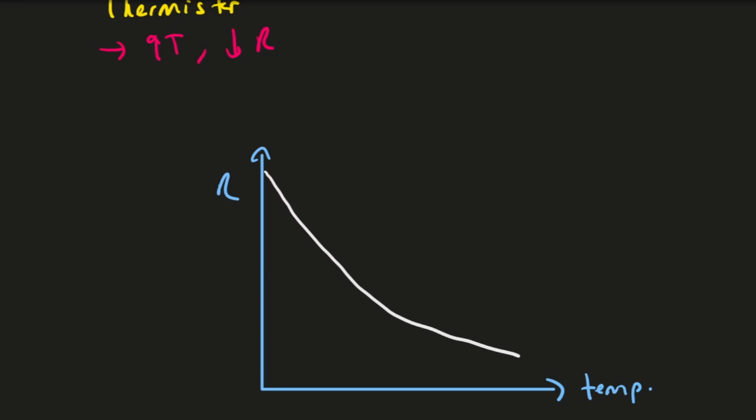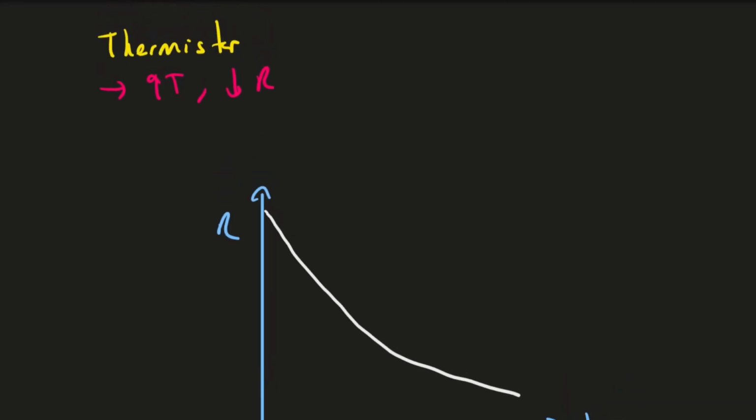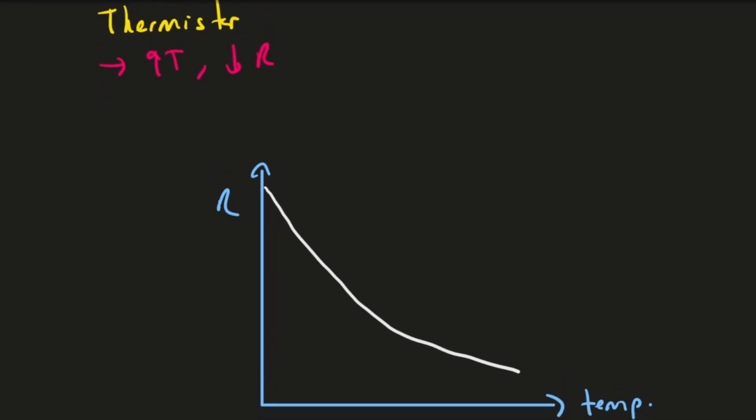And essentially what you notice is as the temperature increases, your resistance would decrease. So it would look something like this, and the exact curve will depend on the nature of the thermistor you have. But essentially some applications of thermistors are things like circuits, which are useful to be controlled by temperature. So things like fire alarms, if the temperature gets too hot, then the thermistor will actually decrease its resistance, might allow a certain voltage or current to flow, and that will trigger the fire alarm. Things like a thermometer itself, so you could have an electrical thermometer, and therefore the reading on the thermometer would be based on how much current is allowed to flow through the circuit,